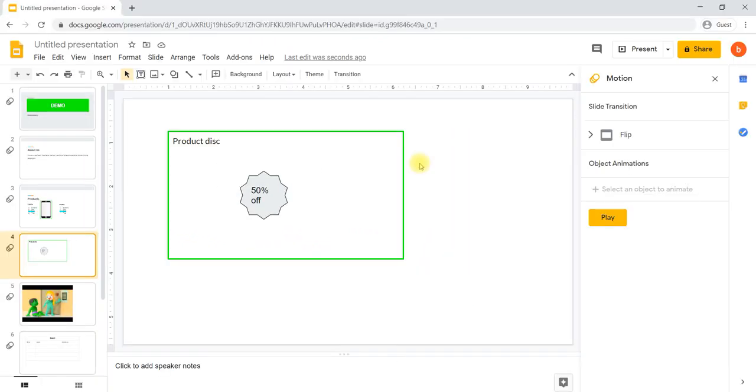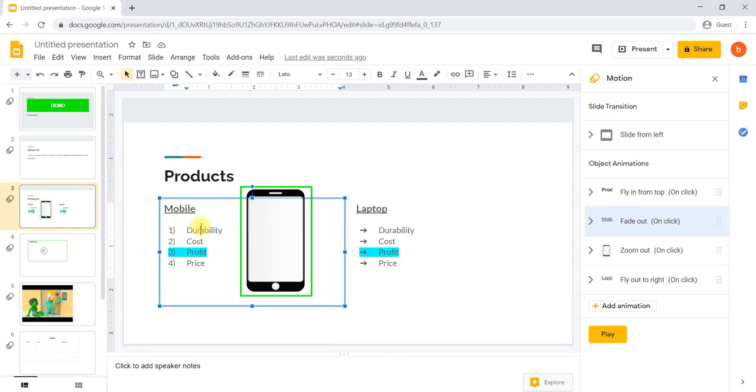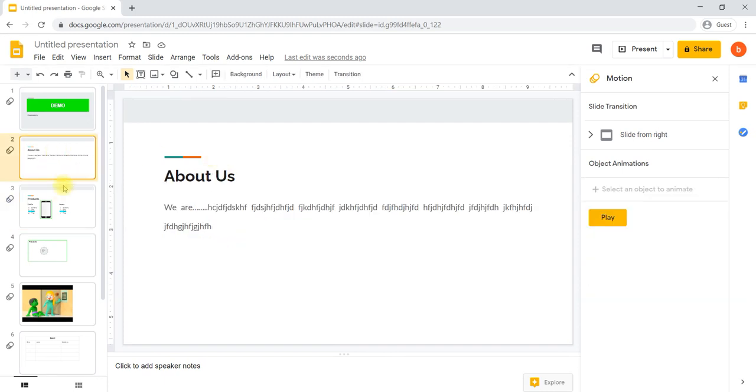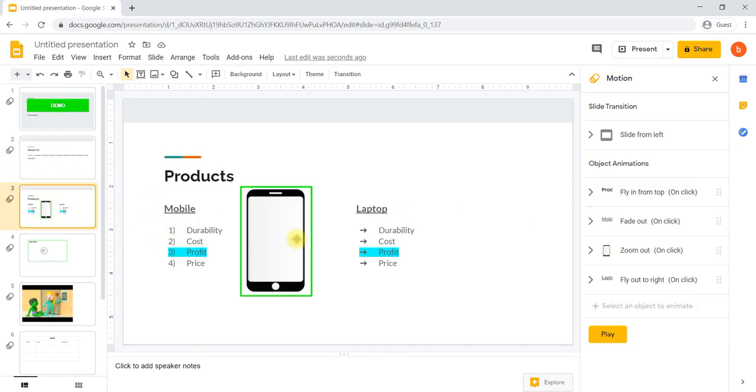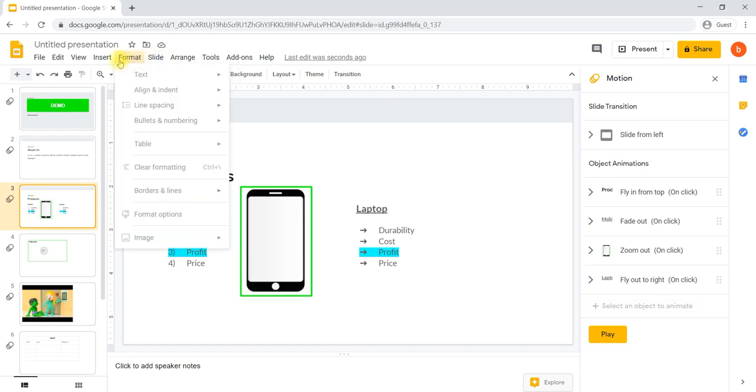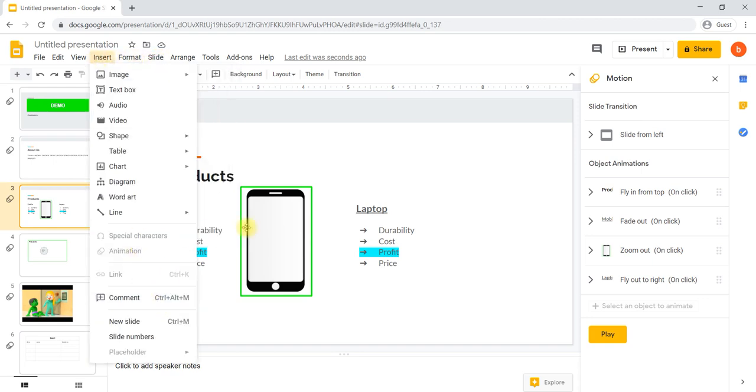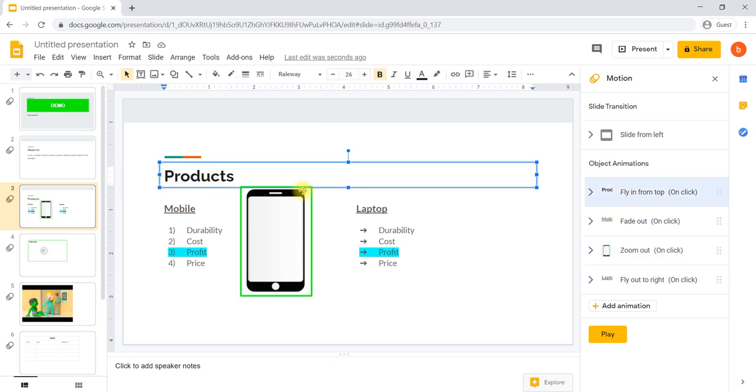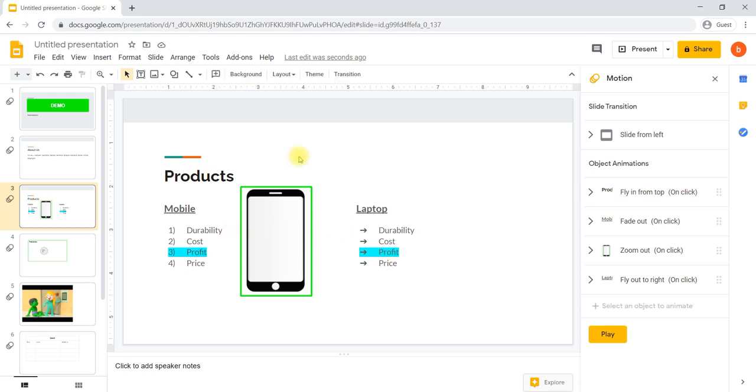In a sense, animation will be used to appear or disappear, and transition is between slides. Within a slide we are using an animation, between slides we are using a transition. Within a slide we are using an animation for any of the text to animate, fly in, fly out. Okay, out is nothing but it coming out. Okay, in is nothing but to appear. Okay, out is nothing but it will disappear. That is about animation and transition.